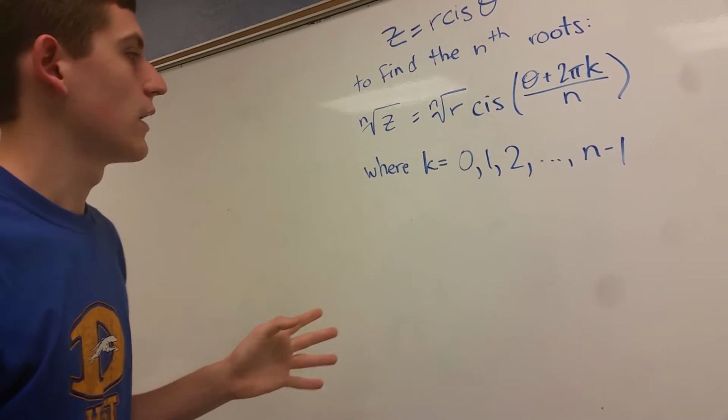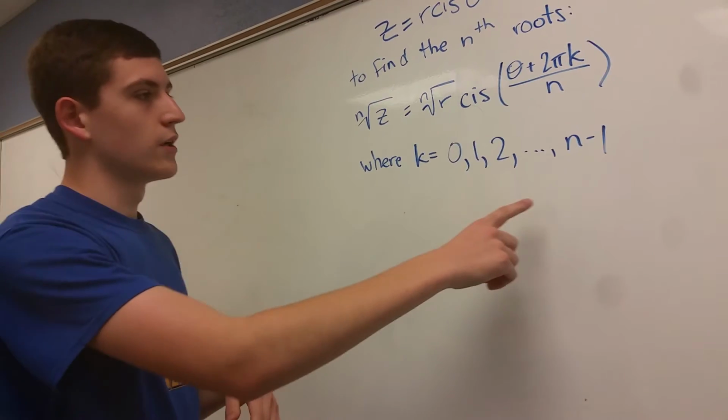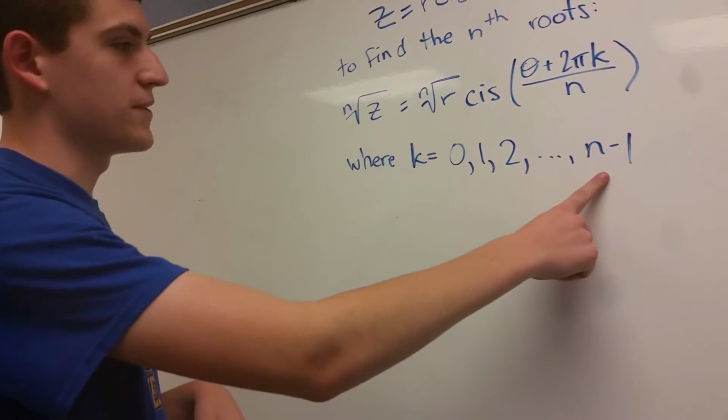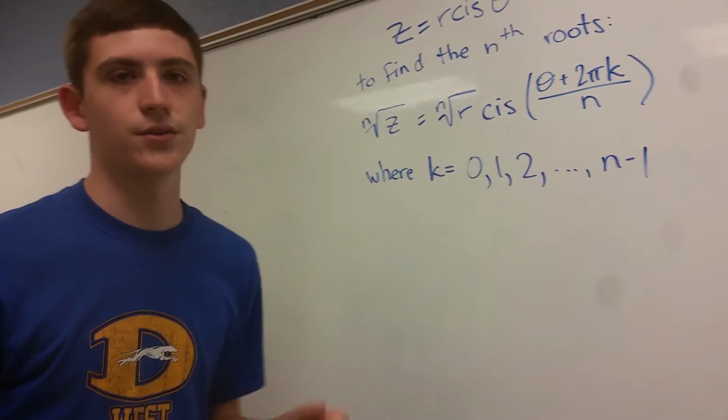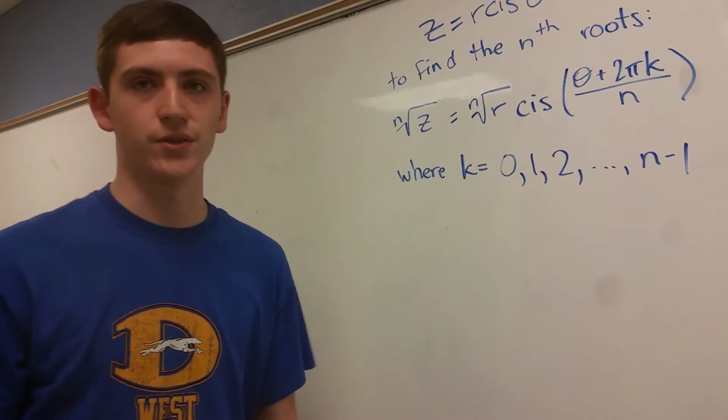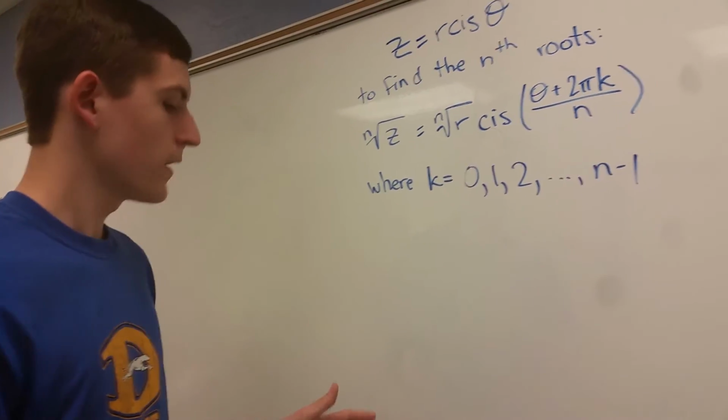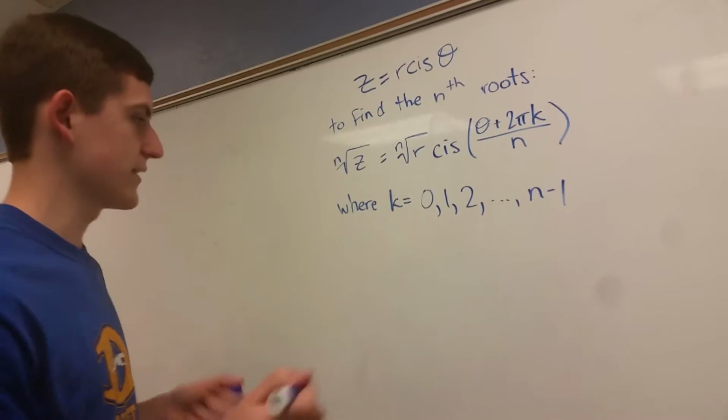And k is any integer starting at 0 up to n minus 1. Once you get to n, you then start repeating angles, so there's no need to go any higher. And if I wanted to visualize this,